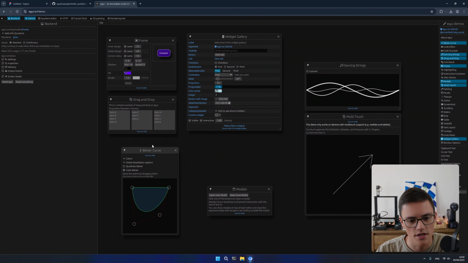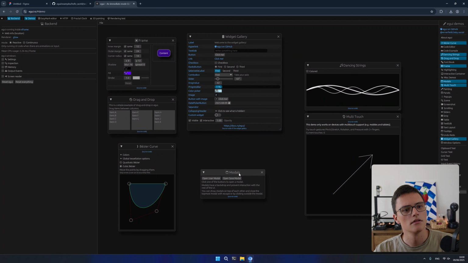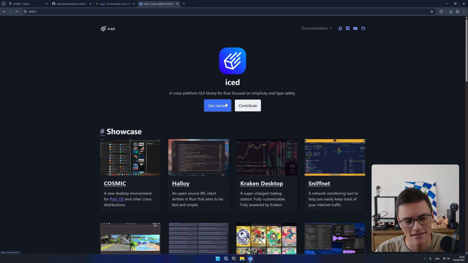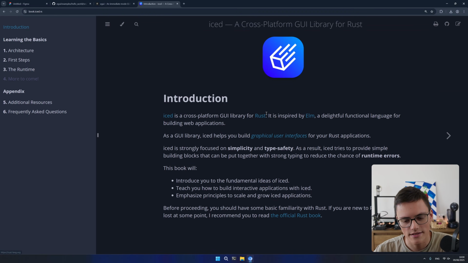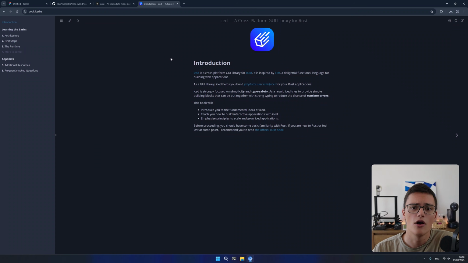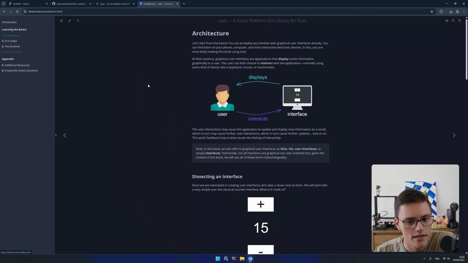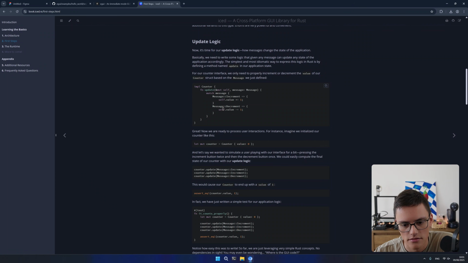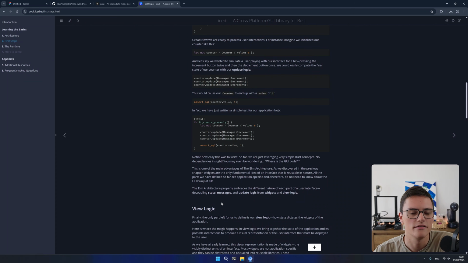A couple of coding sessions ago, I took a look at Iced. Sorry, Iced, actually. I still haven't taken a look at Slint. And I was very impressed. Iced is a retained mode graphical user interface library that's inspired by the Elm architecture. It's very clean. I liked the syntax a lot and how native it was to Rust. Basically, all of the components were simple functions, and state management was done with a simple struct and an update